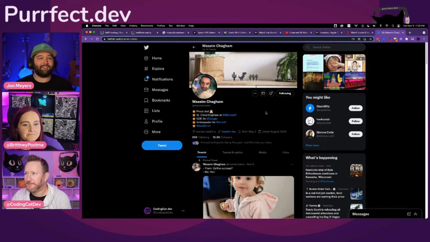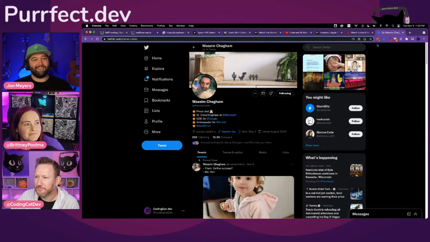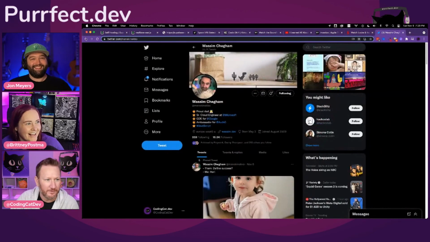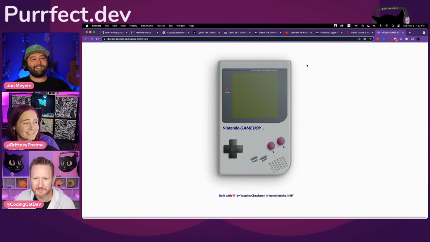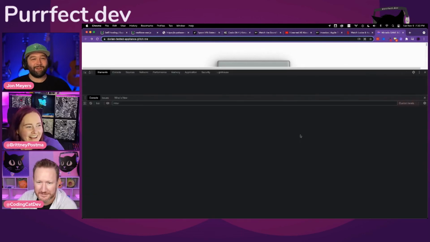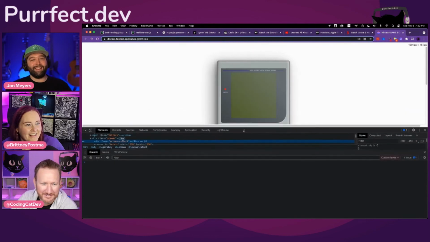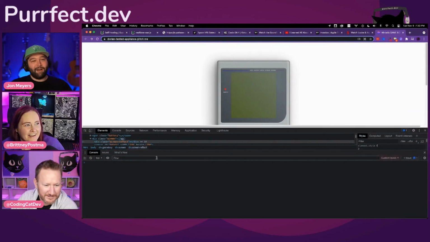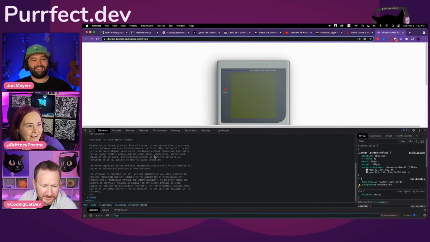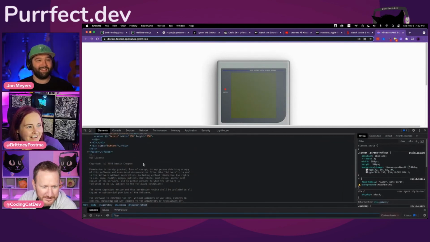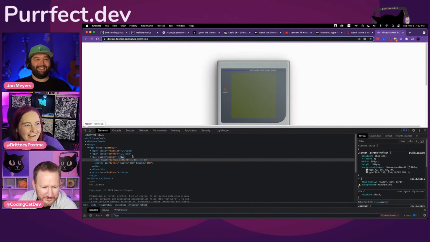Wonder if it supports the Konami code. You know what the Konami code is? No. Is that one of those Nintendo hacks? Up, up, down, down, left, right, left, right, B, A, start. I don't even remember exactly what it is, but surely if you're going to build this, they have created a Konami code Easter egg in there, right? Yeah. I don't know. Changes to a Nintendo Switch or something. I'm totally gonna have to dig into this now.